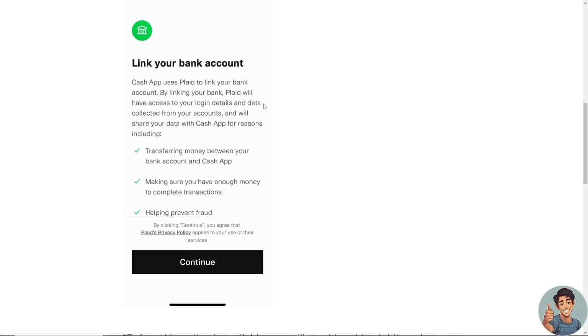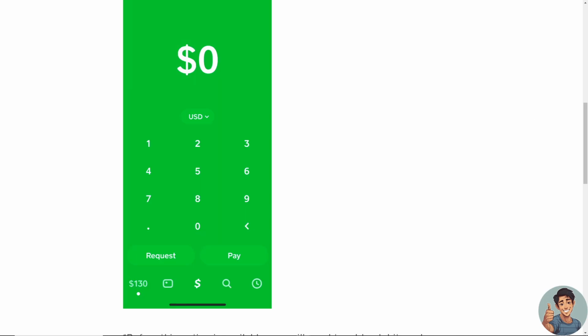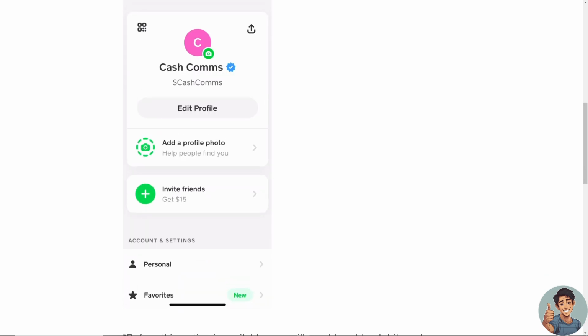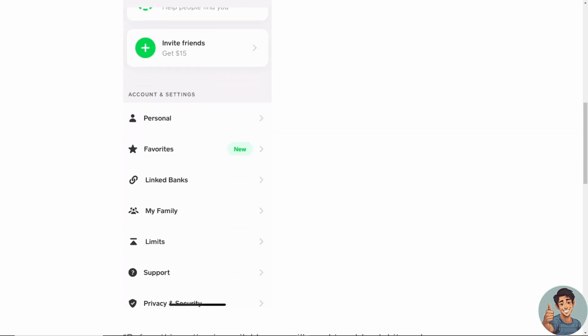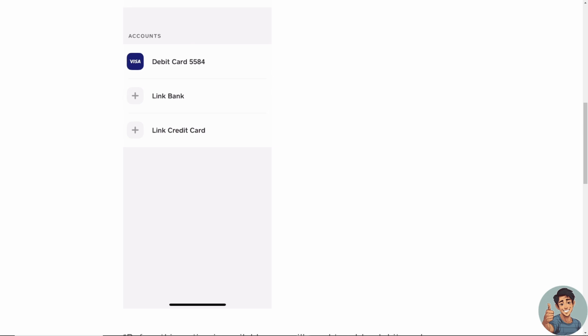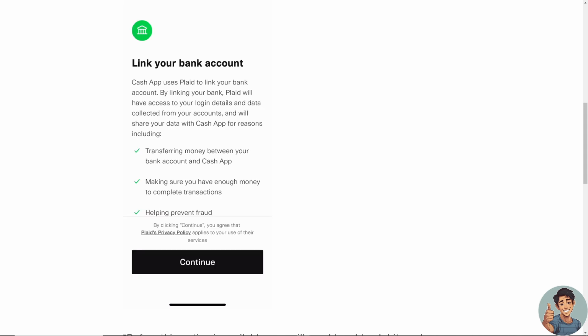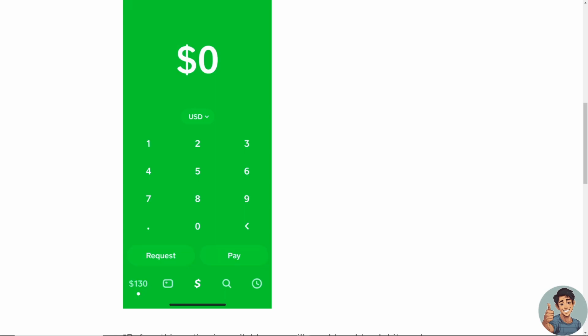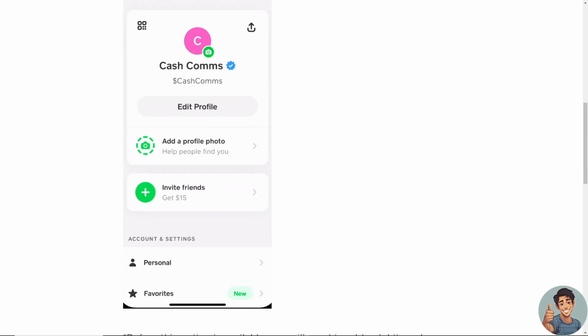All right. Put in some information. Select the bank account you want to replace or even remove. Now, of course, the Cash App will send an automated verification information to make sure that you are the one making the action. All right. And then just follow the on-screen